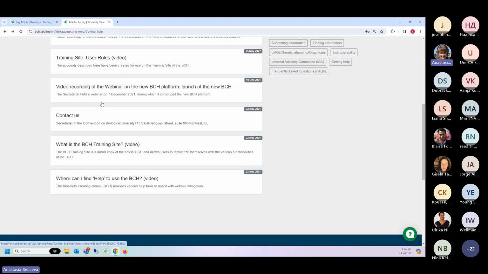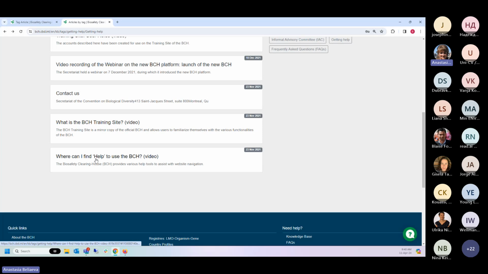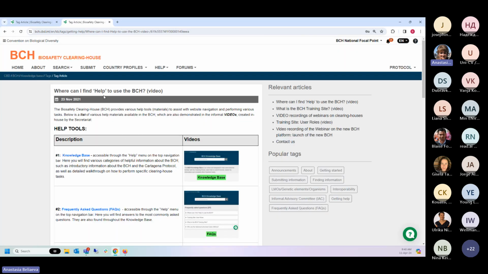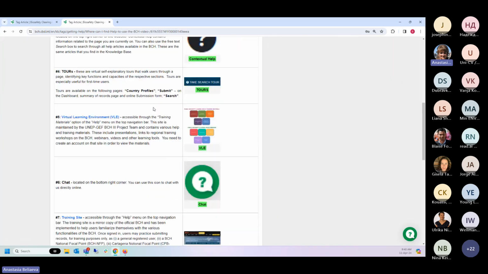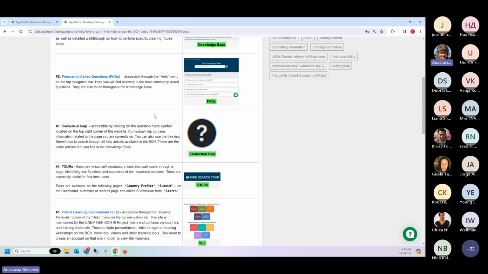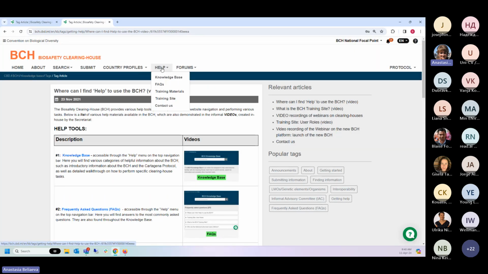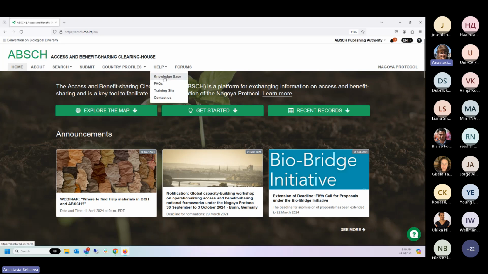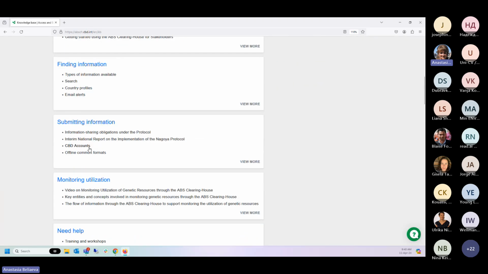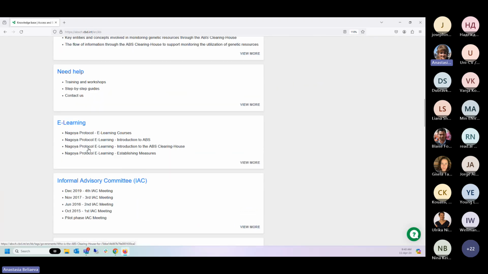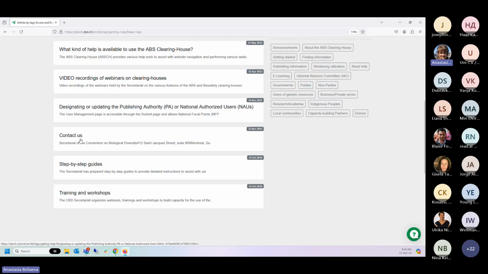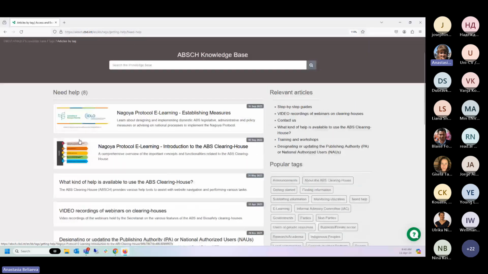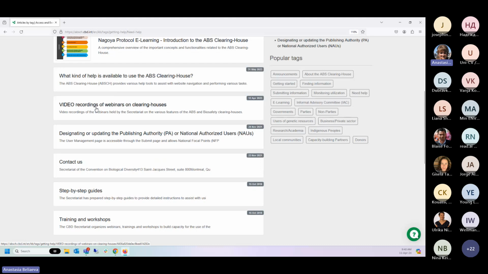Here's the training site. Where can I find help using BCH? This is the article that I showed you that's accessible through the help menu. And in the ABS Clearing-House, it's the same thing. If we go to the knowledge base and go down to, I think, need help, you will also find all the information.